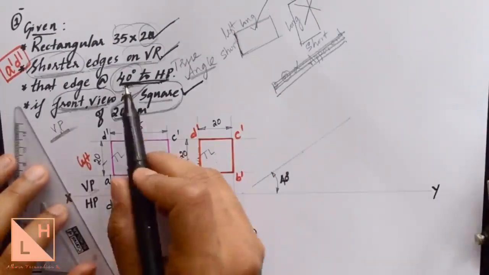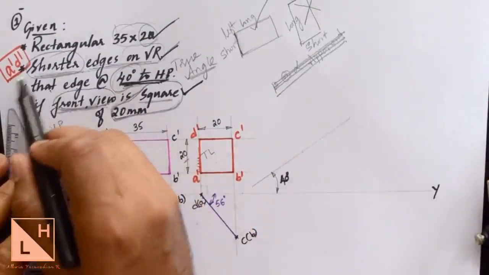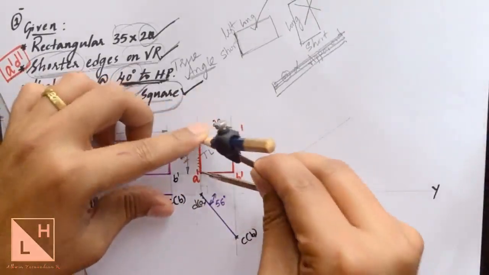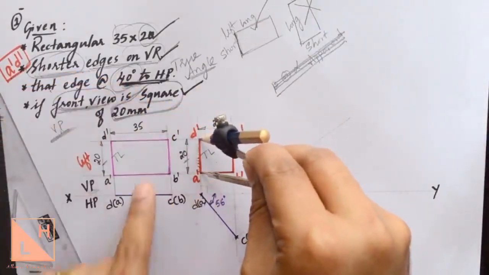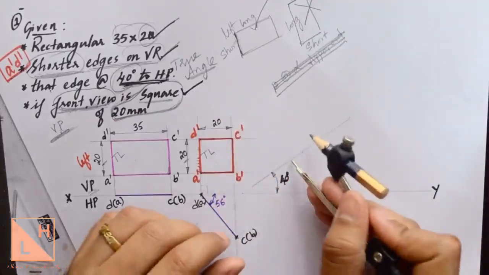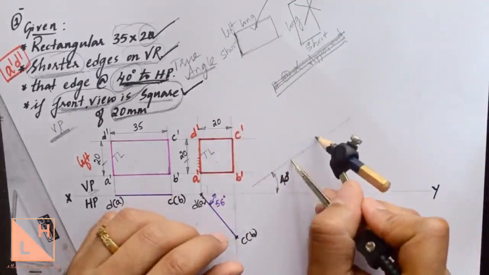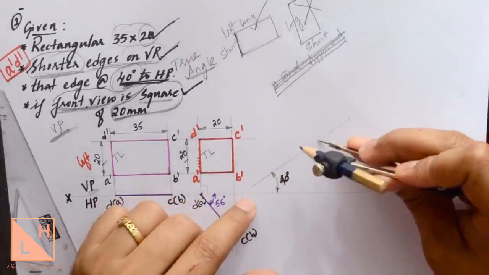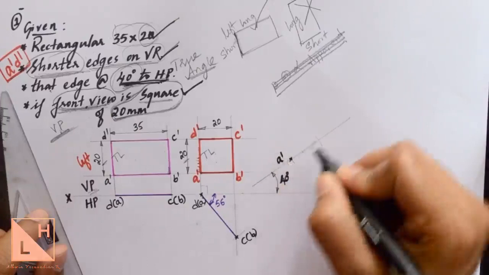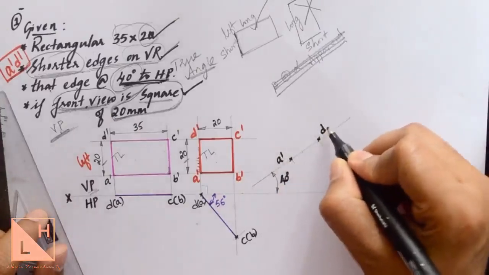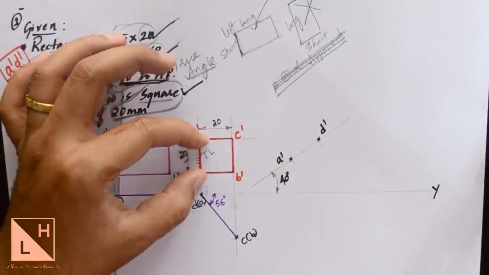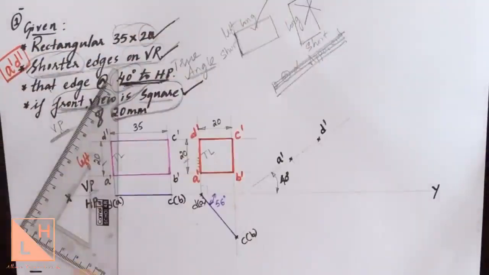Now the thing that should be inclined at 40 degrees is that edge which is A dash D dash. So measure this length of A dash D dash with your compass from the second position, not from the first, from the second position. Measure A dash to D dash. You can cut an arc choosing any point here on the 40 degree line. So the first point here will be the point A dash and the second point here will be the point D dash. We have shifted the shorter edge A dash D dash from 90 degrees to 40 degrees over here.